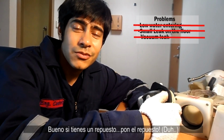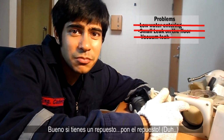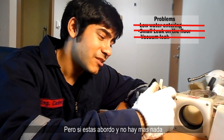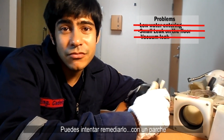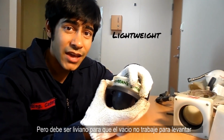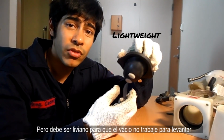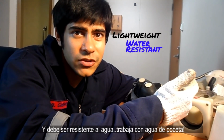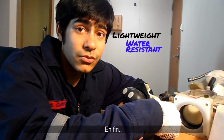Now what? Well, if you have spares, use a spare. But if you're on board and there's nothing else, well, you can try to remedy it with a patch. But remember, this patch needs to be lightweight so that the vacuum doesn't have to work so hard to pull the FD valve. And 2, it should be water resistant. It's working with toilet water. Anyway,